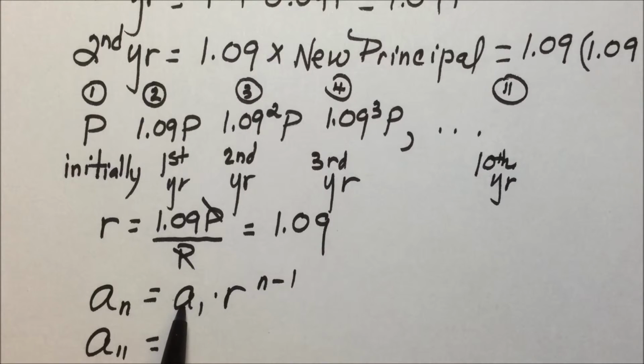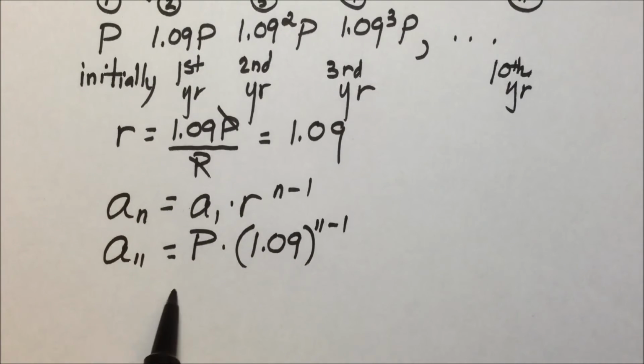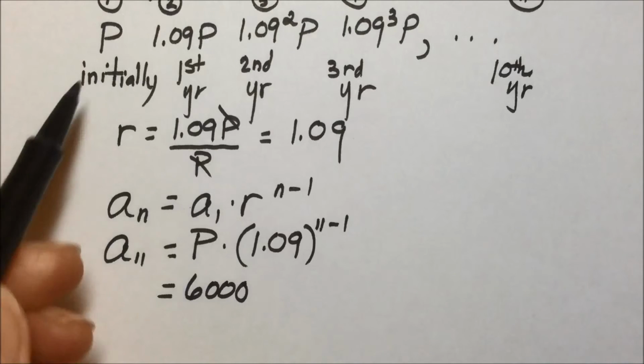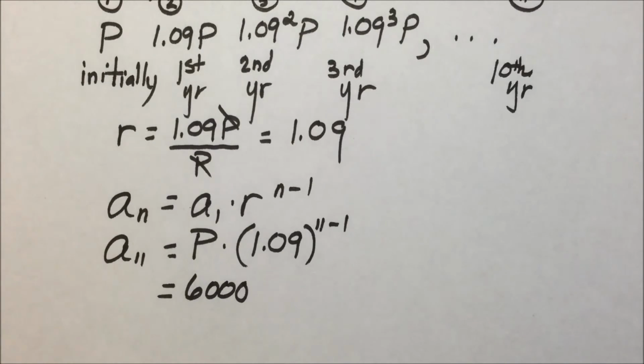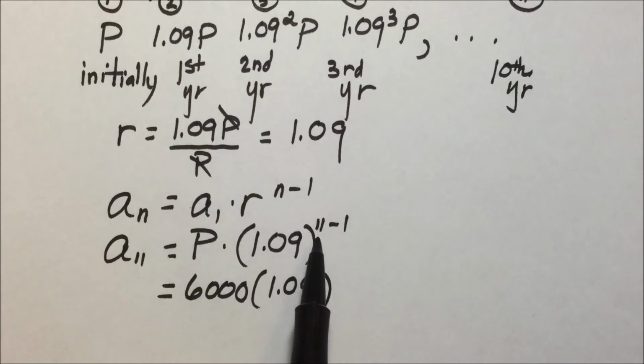And now let's put in those specifics. I'll leave it with P right now, times the common ratio of 1.09 to the n, which is 11 minus 1. We know, though, what the principal amount is. We could have put it in before, but just so you follow the variables that we're using, this would work for any amount. This particular problem stated that the student loan was $6,000 times 1.09 to the, simplifying here,